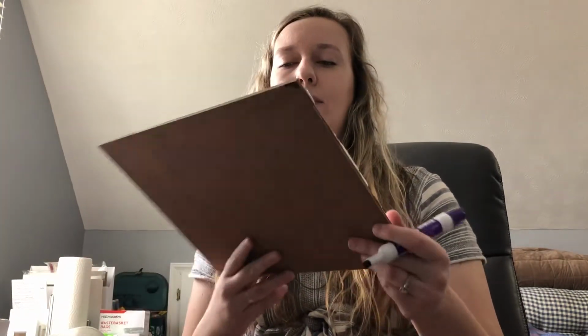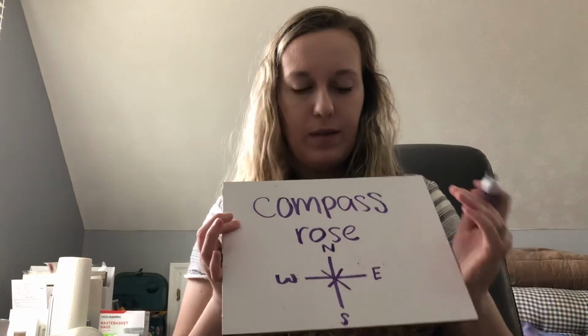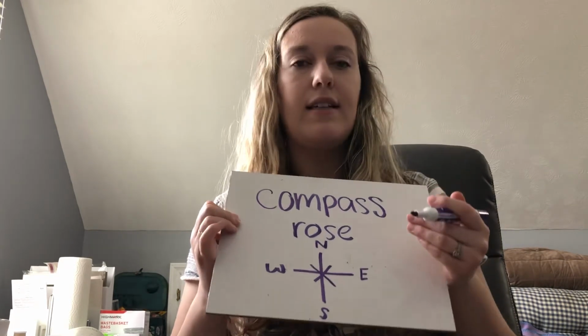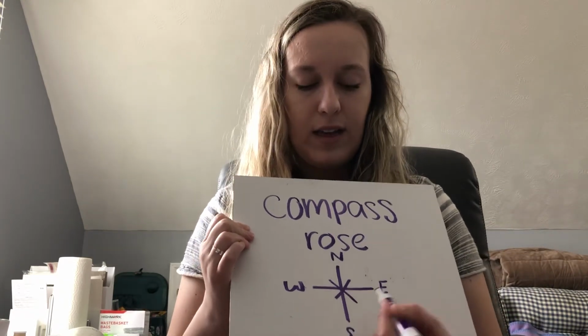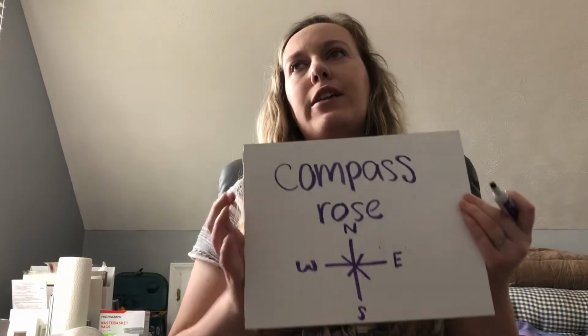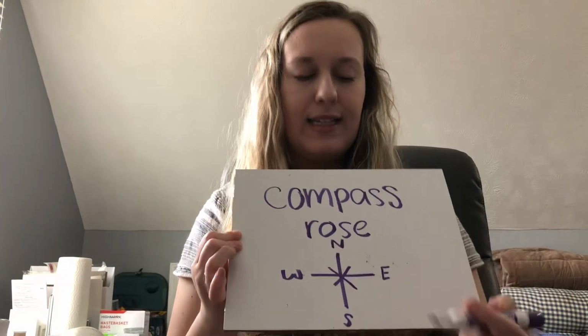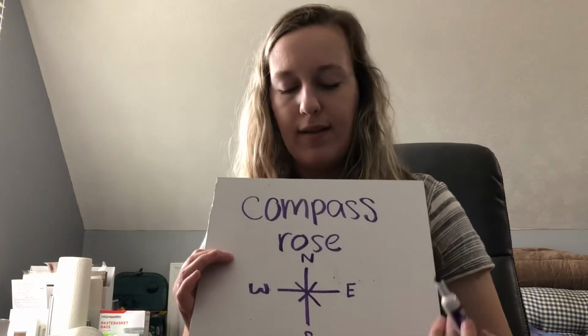So today we're going to talk about another word called a compass rose. A compass rose is a part of a map. So a compass rose helps tell us the direction where things are going. This right here is a compass rose. It's a guide for us to say, oh, well, we need to go up that way or down that way or across that way or over this way, and it helps guide us. If you remember, we did talk about a compass before, how a compass is something you could hold in your hands and it can tell you where north is. Well, a compass rose gives you an example on a map of where things are.